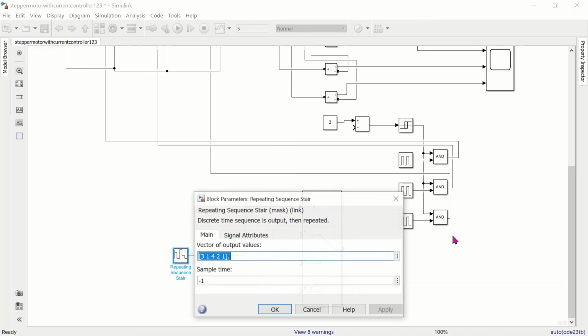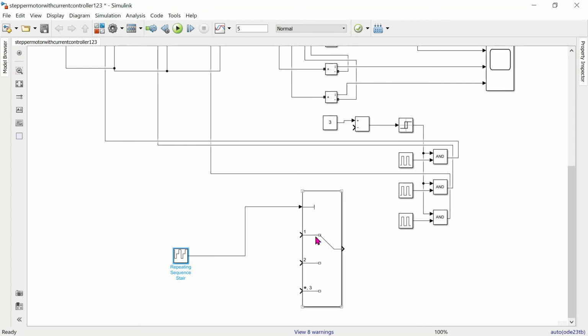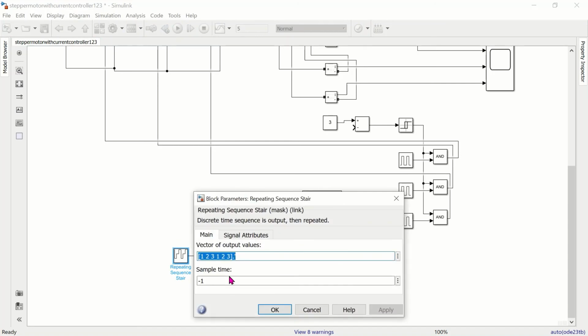I have to select the inputs in the sequence of 1, 2, 3, 1, 2, 3. So here I am giving 3 inputs, selecting values 1, 2 and 3 at the sample time of 1 second.